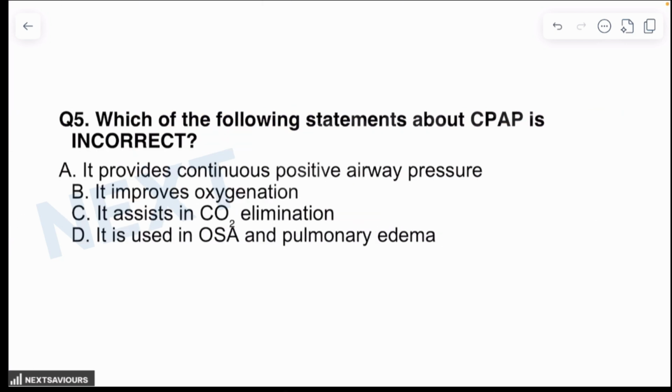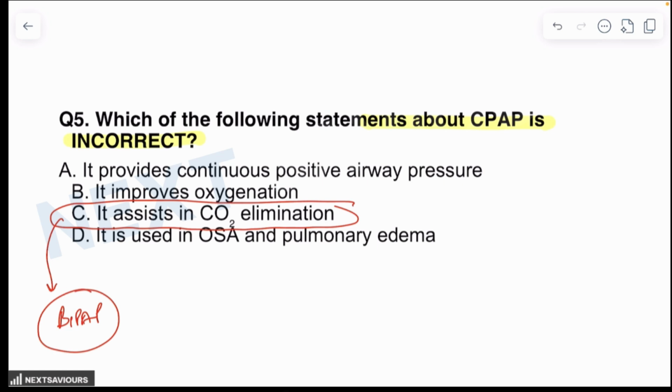Next, which of the following statements about CPAP is incorrect? The answer for this question is that it assists in carbon dioxide elimination. This is the function of BiPAP, not CPAP. CPAP does not support ventilation. There are no pressure changes between inspiration and expiration, so it does not help in carbon dioxide removal. The rest of the options are correct: it provides continuous positive airway pressure, it improves oxygenation, it is used in